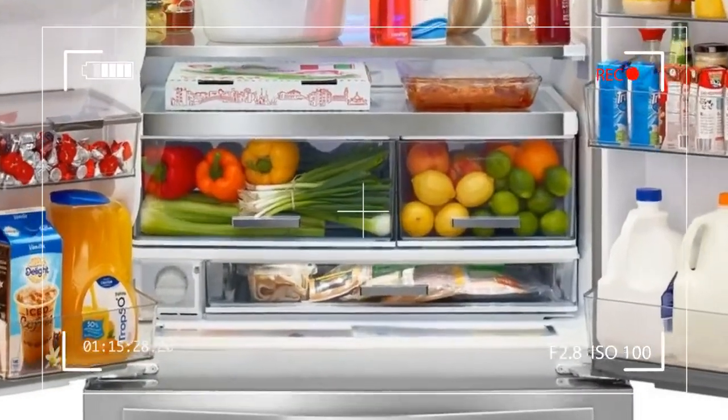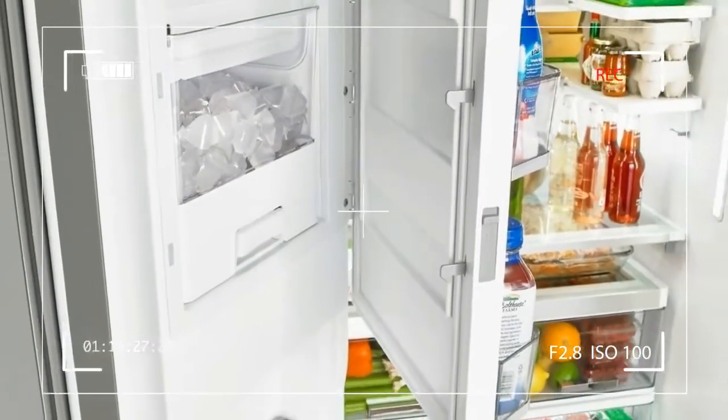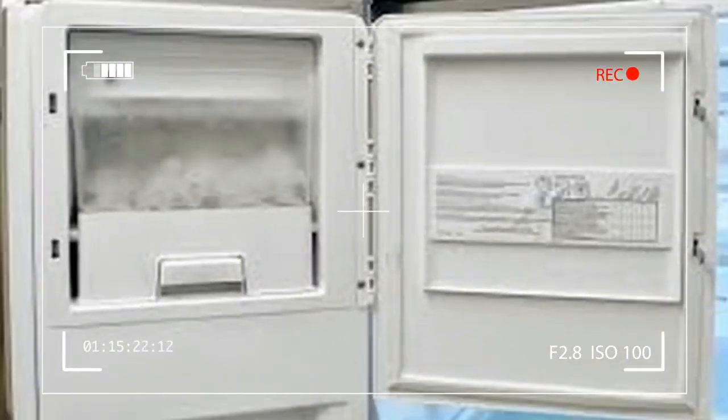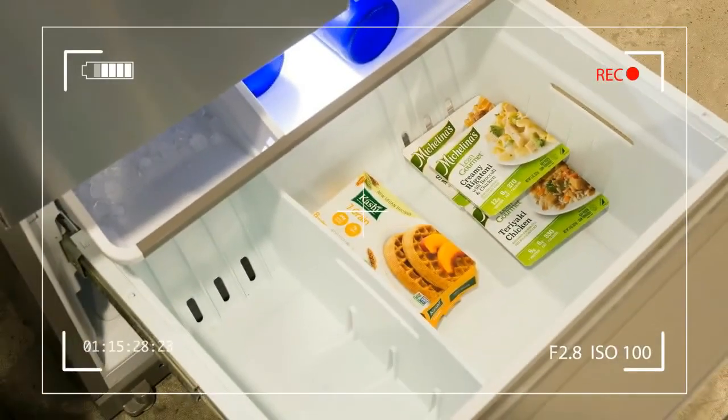Whirlpool's French door fridge. This thing actually towers above all else. It's massive, both inside and out, standing just over 5'8" tall. Whirlpool focused on making this fridge act as a pseudo-pantry, featuring